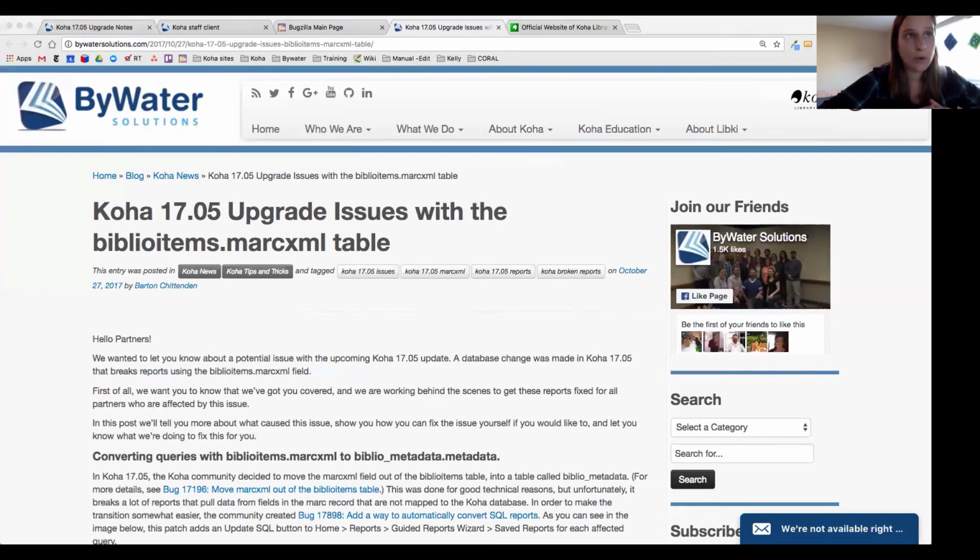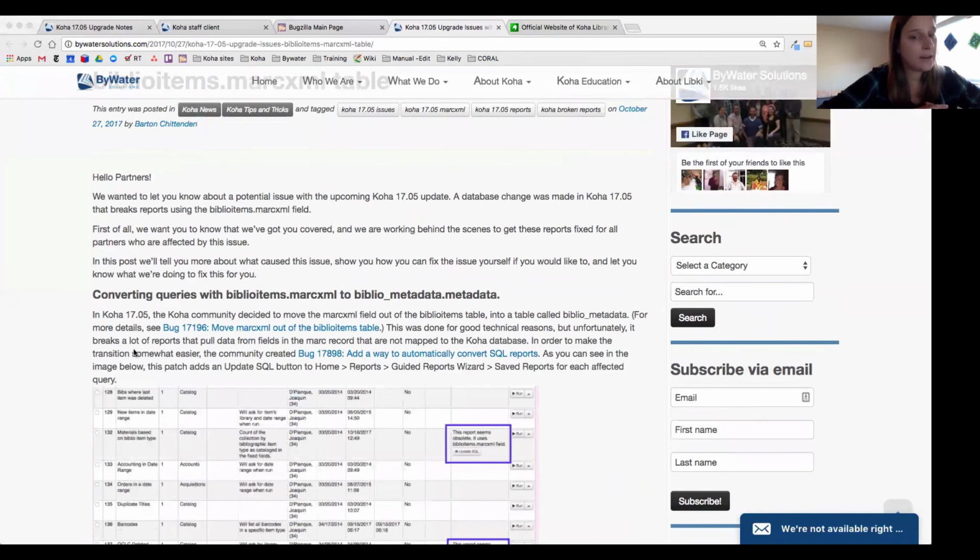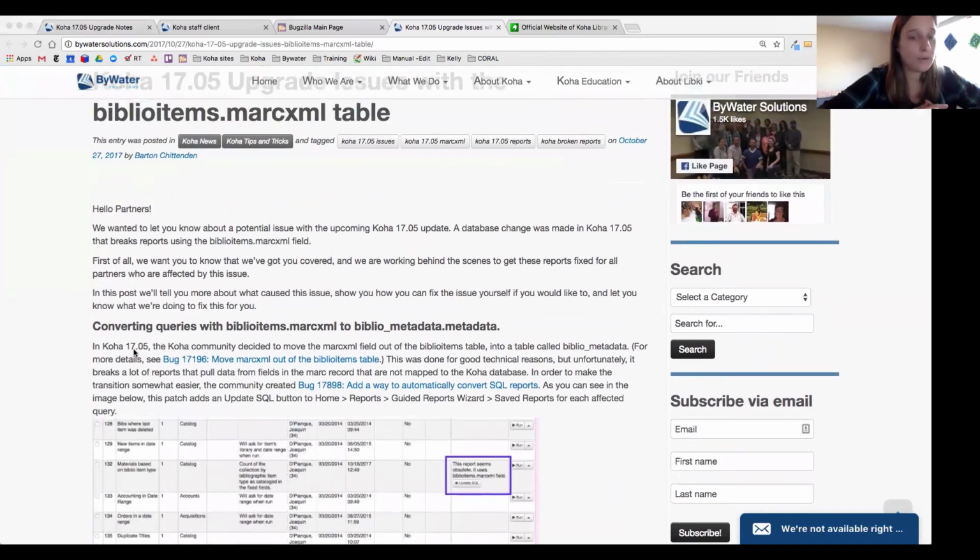You may still go to the wiki to get reports, and the community is going through some of those reports and updating them because a lot of them will still have the older data in there. So we are working through that list. So this is a good page to bookmark. That way, if you do go to the wiki and you find a report that perhaps has the old table in it, you can use this helpful conversion that Barton has created to go through.